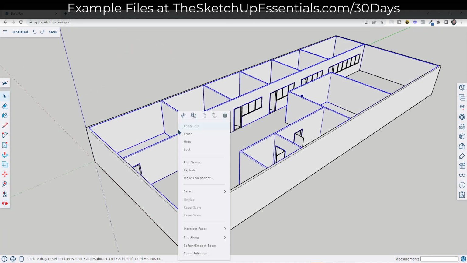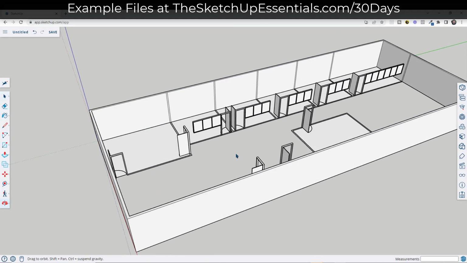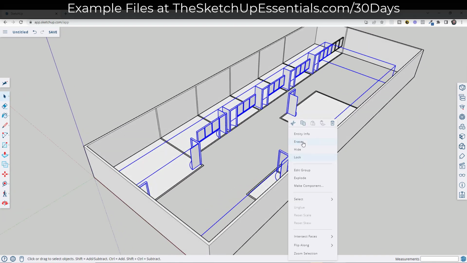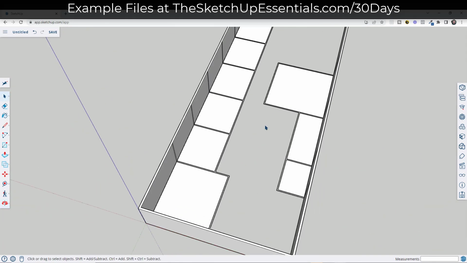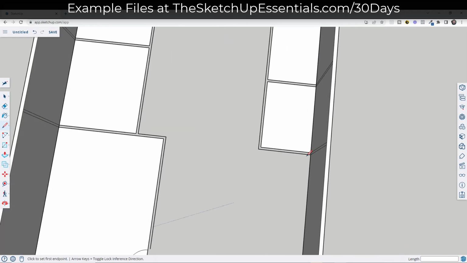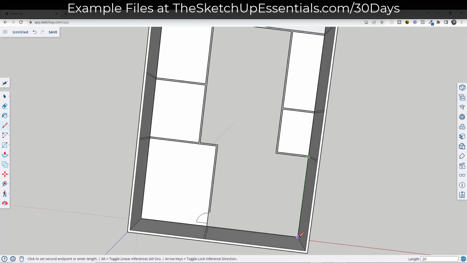And so what I like to do is I like to take things like this and put it in a group. That way I can come in here and I can hide it, or I could put it on a tag and toggle it on and off. But we're just going to select all of these, right click on them, and put them in a group. That way, again, I can come in here and I can hide them so that I can work on things like my floor. And you can see how my floor got erased out, but I should be able to heal